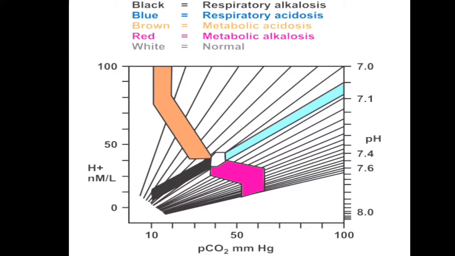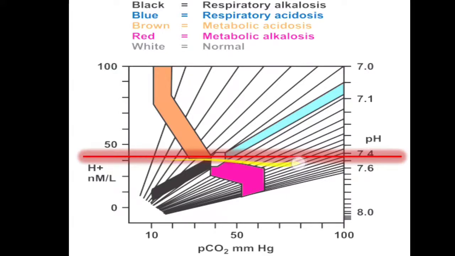Now sometimes this picture is given in the exam, and you have to identify which type of disorder it is. First of all, there is the pH. If pH is on the lower side, then it is acidosis. If pH is on the higher side, it is alkalosis. Here we are talking about metabolic alkalosis. So how do we identify it? Simply, if pH is more, that is alkalosis. On the lower side, two conditions are possible: metabolic or respiratory.